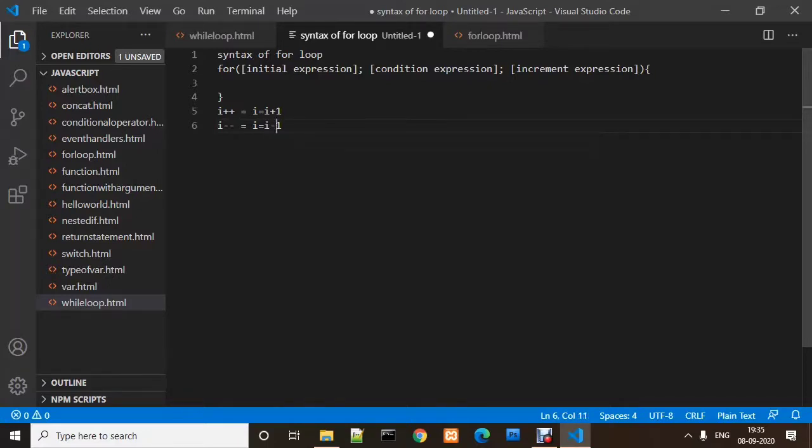So these are the increment and decrement operators that we use in a for loop, in every iteration, to increment or decrement the variable that we initialized at first.